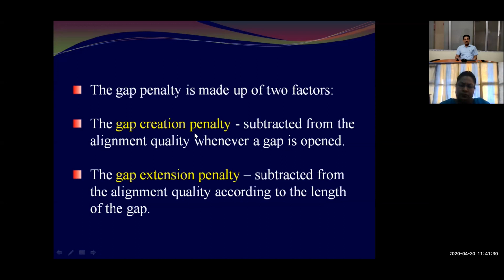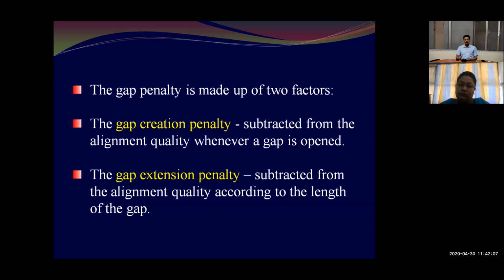One is gap creation, meaning one insertion or one deletion in one particular position, and then gap extension, meaning at the same position if there is a requirement of creating more than one gap, 2 gaps, 3 gaps, 4 gaps, meaning in the same position more deletion or insertion has taken place by mutation. So that is a further rare event, because you cannot expect that mutational changes will suddenly insert a lot of nucleotides in a particular sequence, or delete a lot of nucleotides.